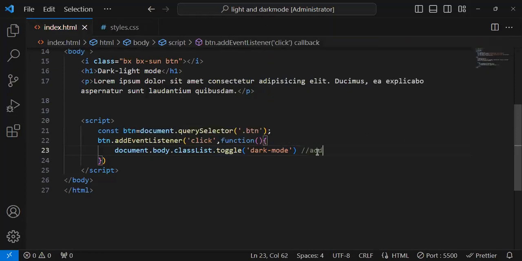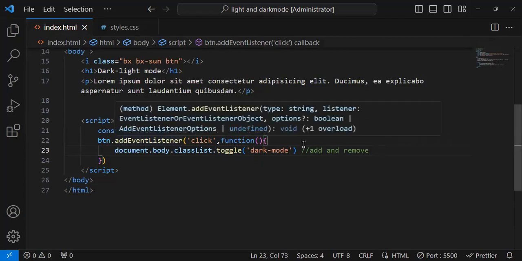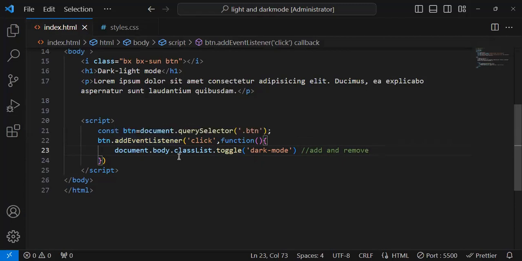When you click it the first time, you add the class. When you click the same item the second time, you remove it. Again, you add it. Again, you remove it. So I want to check if the body has this class. If the body has the dark mode class,